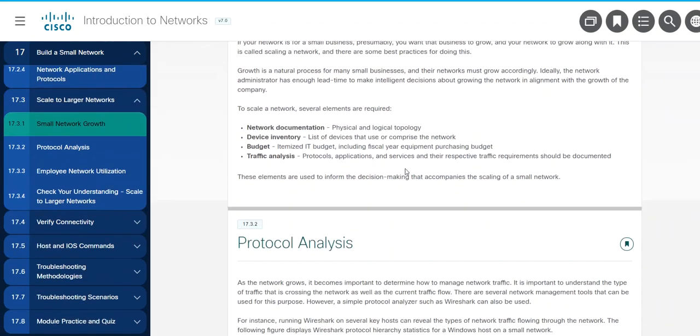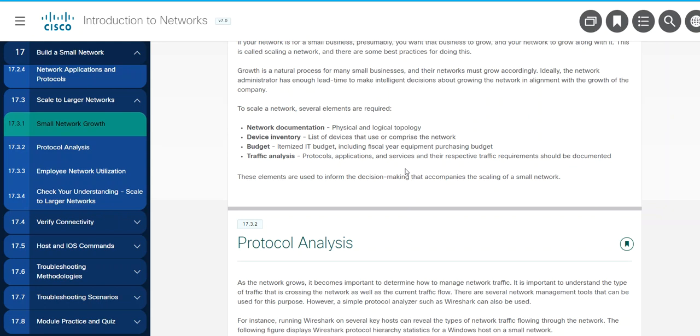So when you have a smaller network and you were thinking about all those considerations that I've already mentioned, another thing you must think about is how you're going to grow your network, because obviously you're hoping your network grows. And I mean, nobody builds a business or works anywhere where you hope it stays exactly the same. So when your network is growing, or we're referring to the scalability of a network,